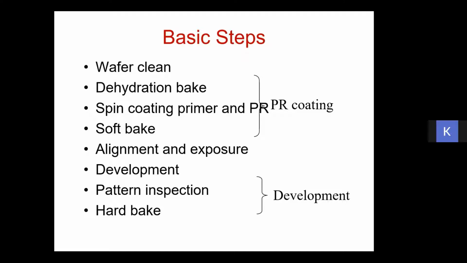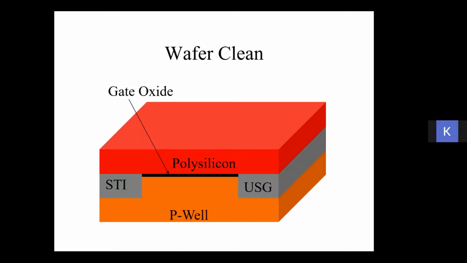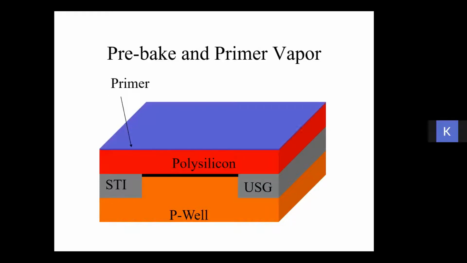I will go through the steps again. So let's say you have a sample which can be a plain silicon wafer, or it can have an oxide over it. Whatever, you will have to clean it first. You have to do the rigorous cleaning as we have discussed earlier. Then do some baking, as I have told, that after cleaning you have to heat it up, which is called pre-bake, and then coat it with primer.